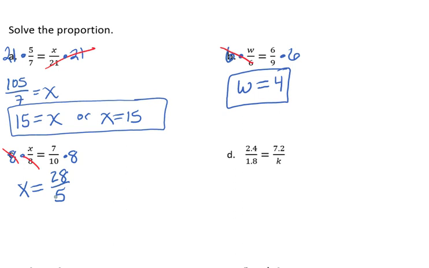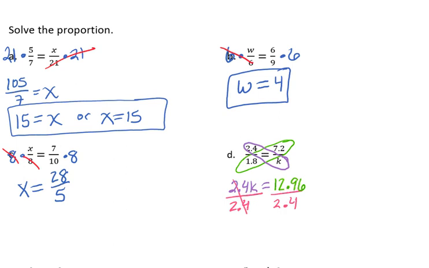Let's look at letter D. So here, we're going to go ahead and use our cross product property. So to start, I'm going to circle my diagonals, and I'm going to be multiplying those. So I'm going to have 2.4k equals, and now I will do the other side, and I need to multiply 1.8 times 7.2. And doing so will give me a 12.96. Now I need to solve for k, so I will divide both sides by 2.4,